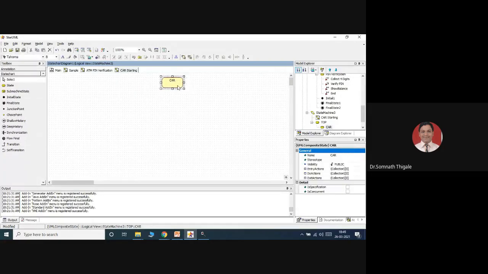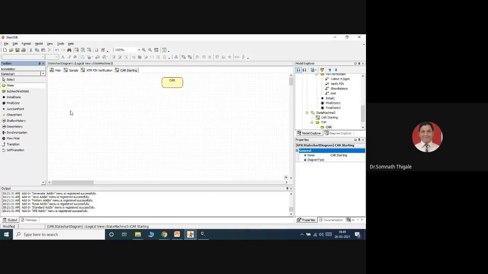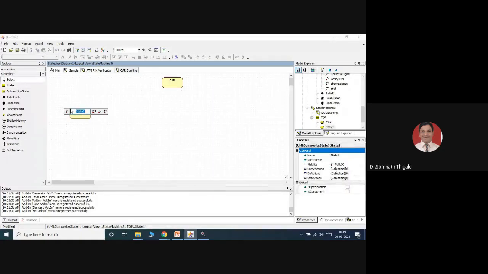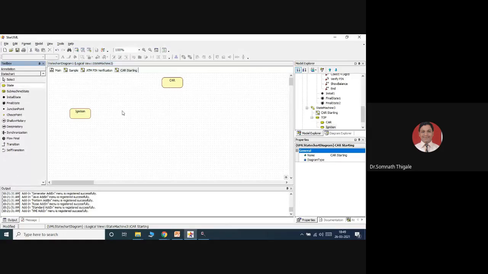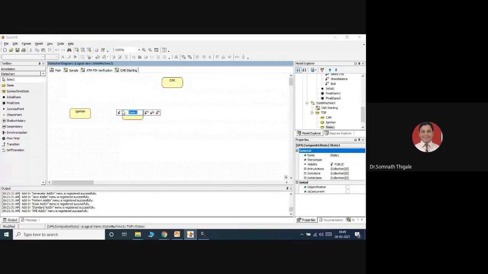Now with reference to the car, we are running with so many parallel activities when we are starting the car. So the first condition with reference to the car is what? It's ignition. Engine we are starting. So ignition. Then at the same time we need to worry about the transition from source to destination.